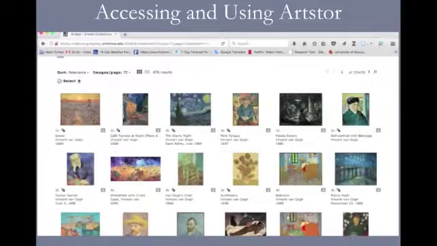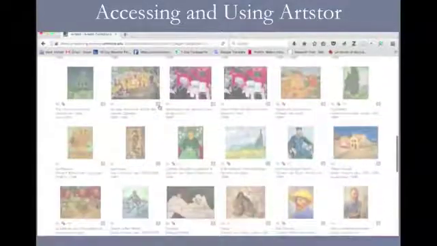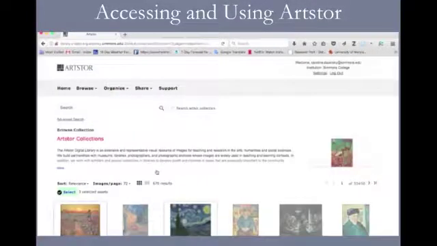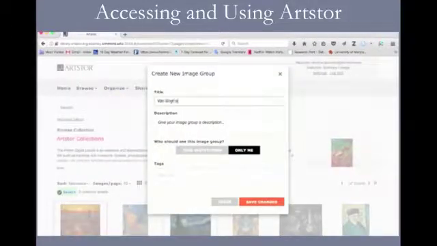If we go back to the search screen, we can select particular images to save them in a group. Click on each image you'd like to select, and then we can create our own group under the Organize tab. Click on Save Selections to New Image Group, and we'll give this group the title Van Gogh's Light and a